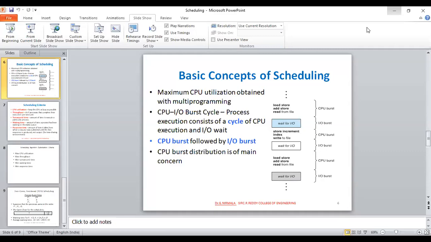Who is Mahendra Sai and Sai Gautam? Rename with your register numbers, otherwise I will put an absent.